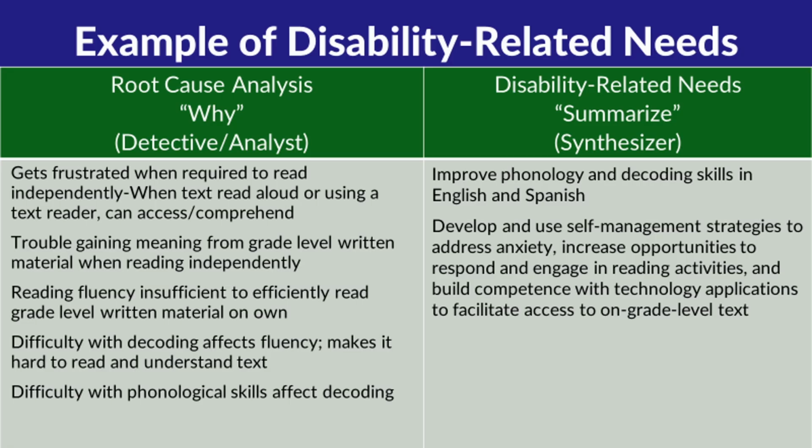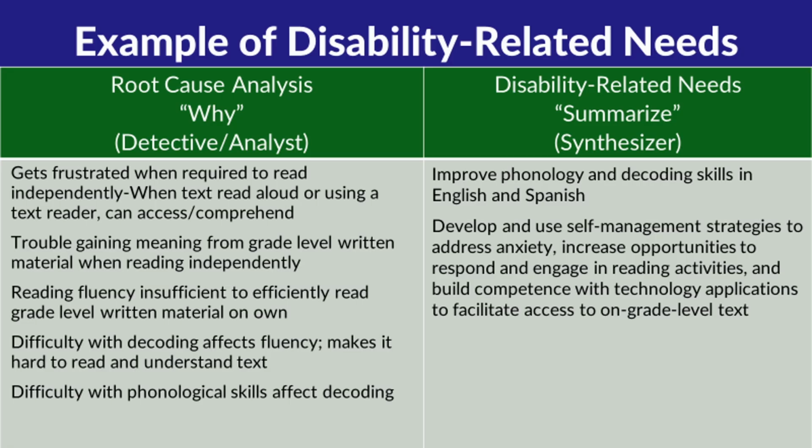In this example, the IEP team determined, based on the root cause analysis, that the student needs to improve phonological and decoding skills and develop and use strategies that will allow the student to better access text and reduce